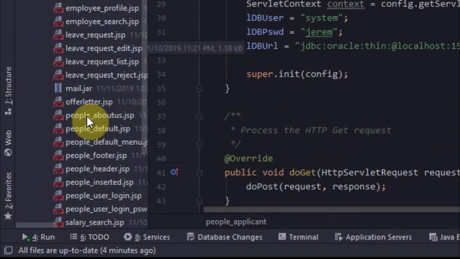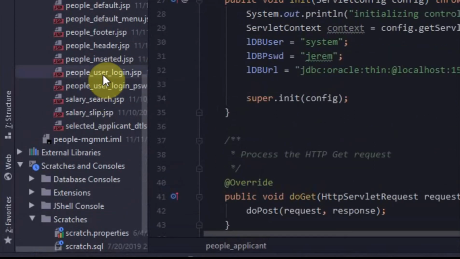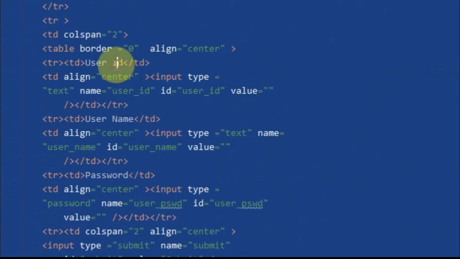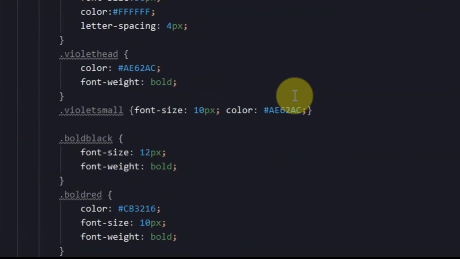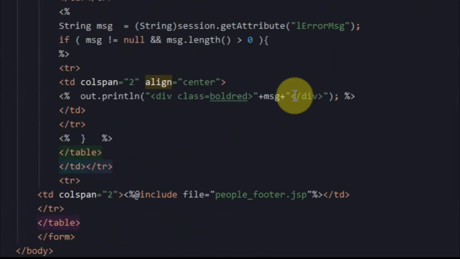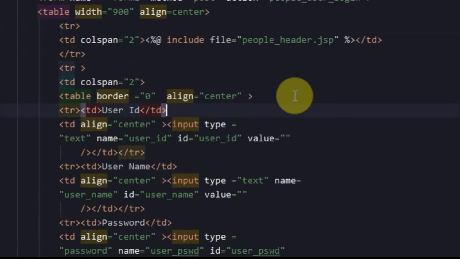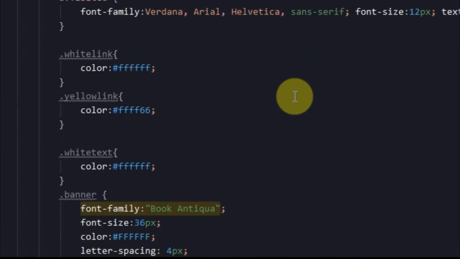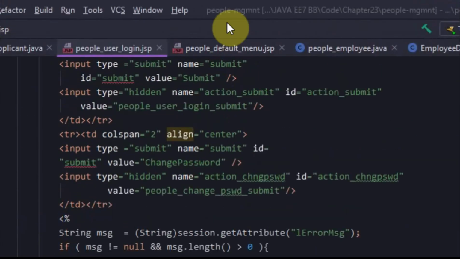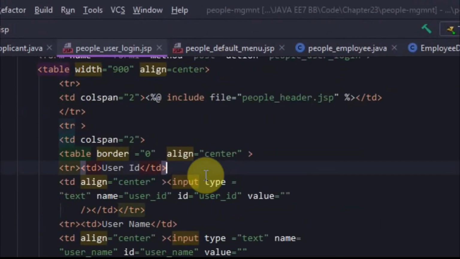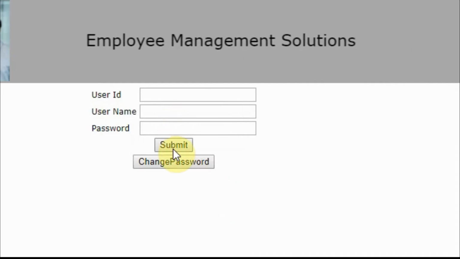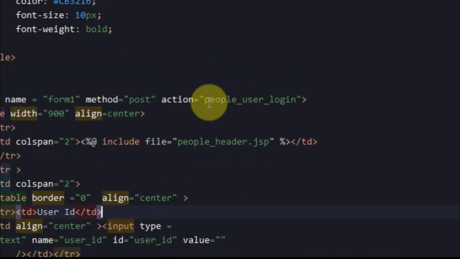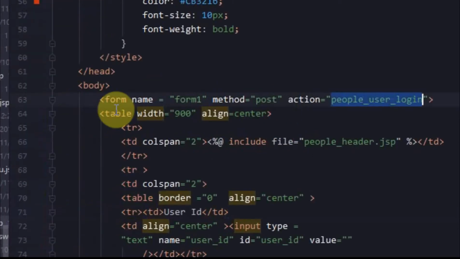These are all my JSP files. This is the login page of the application, which is written in JSP, and with CSS as an inline style I have given. There is a form here, which is this login form. On pressing the submit button, it will take you to this people user login, which is our servlet,